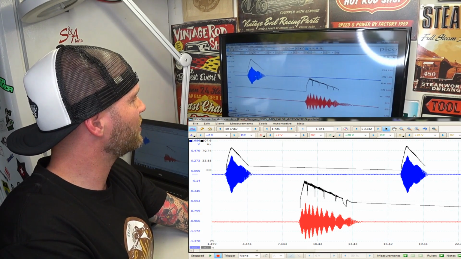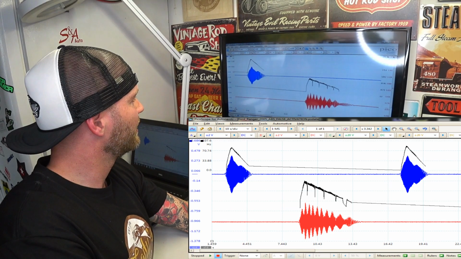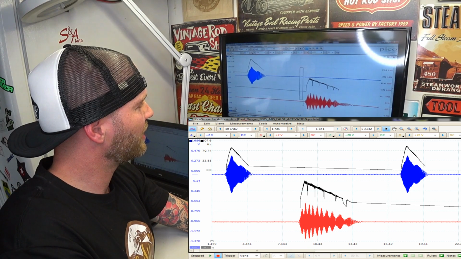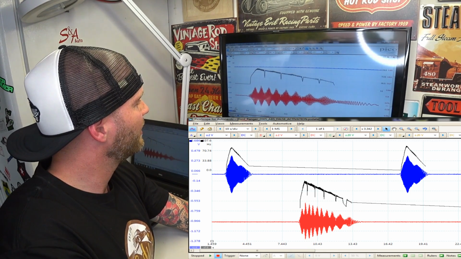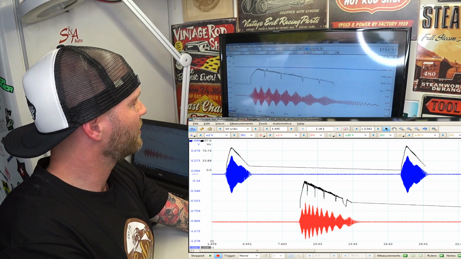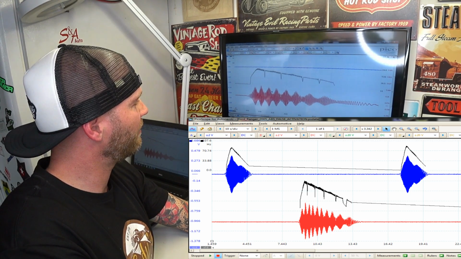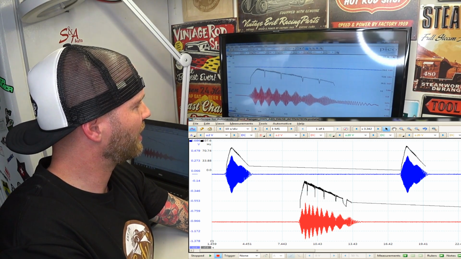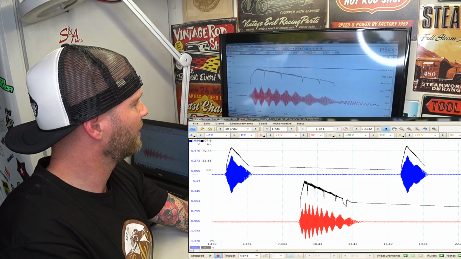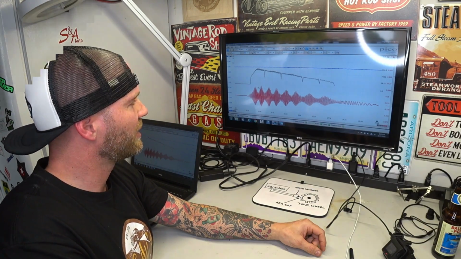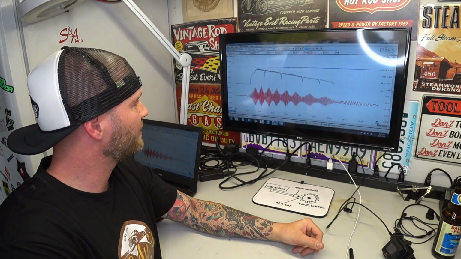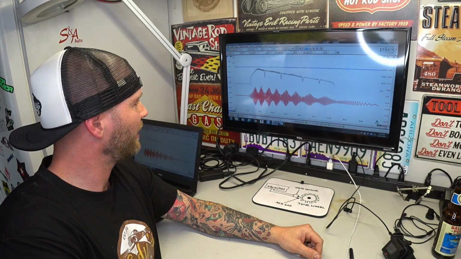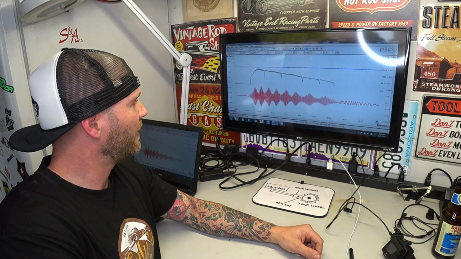Like I said, I didn't have an issue with channel A here with the driver's side. The wheel sped up, the wheel sped down. Okay, so here on the passenger side, on channel B, you can see the frequency drop out. And it's not even dropping out on every single one of these dropouts here, but it caught it here, missed it here, caught it, missed it, caught it, missed it. But right here, it's telling you it's speeding up. Oh, it just dropped out. Okay, bring it back. Oh, now it just dropped out again. So that right there,